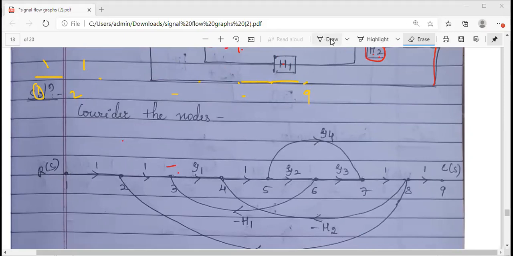The first forward path, let me identify here. Starting from the extreme left, input, 1 to 2, 2 to 3. This is your main forward path. 3 to 4, 4 to 5, 5 to 6, 6 to 7, 7 to 8 and 8 to 9. So this is one forward path. And when we talk about the forward paths or any